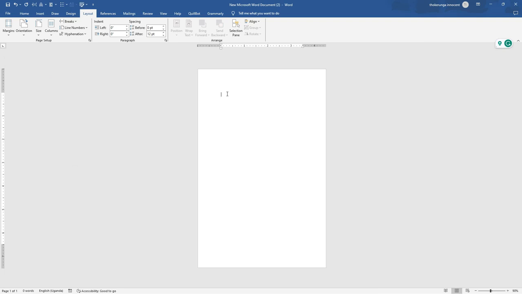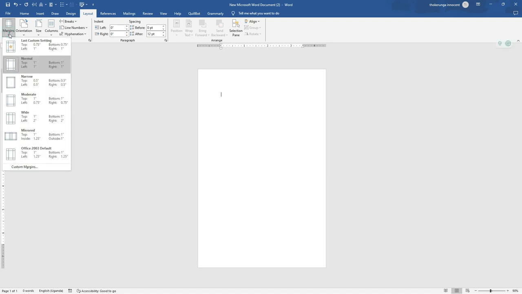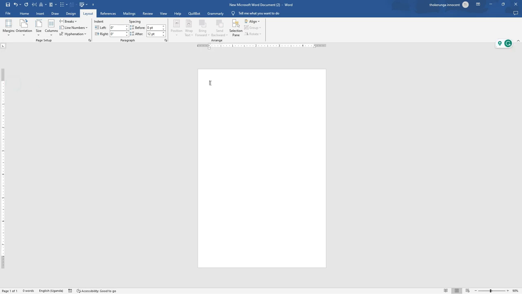Now the other thing we have to consider is the margin. Yes, so you have to come here and click on margins, and this time you're going to be using narrow. We want these narrow margins. We want to have as much space as possible to deal with. So I'll click on narrow, and you can see that the cursor has moved up to here. Since we have this narrow type of